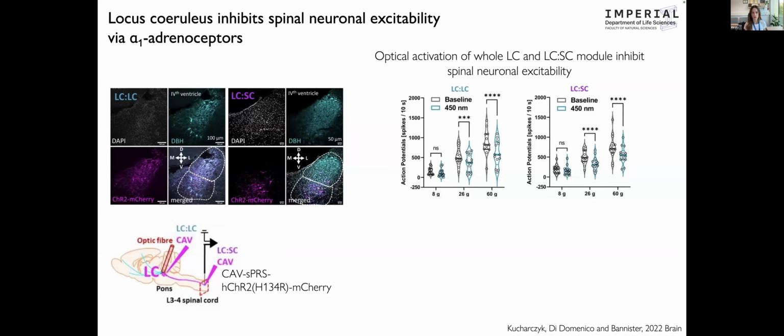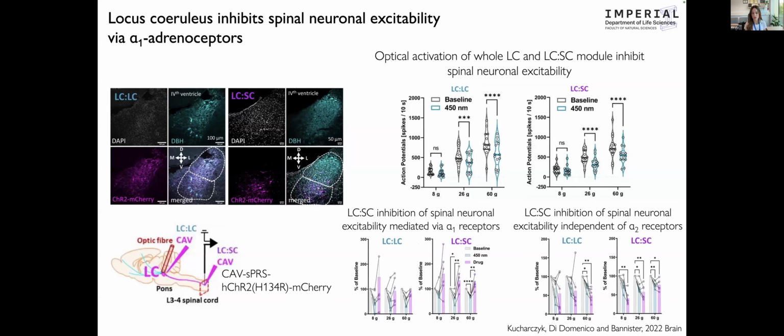And of course, we showed that if we activated either of these modules, we could inhibit spinal neuronal excitability,